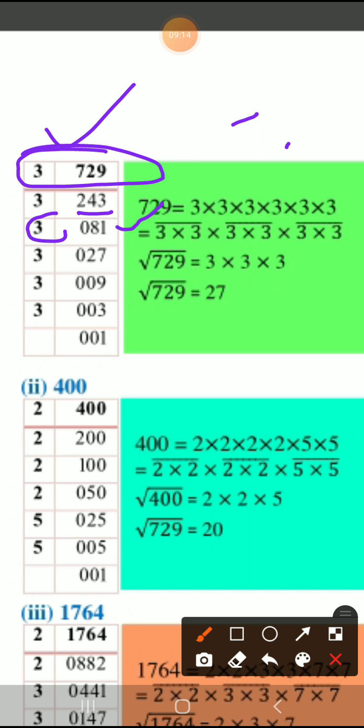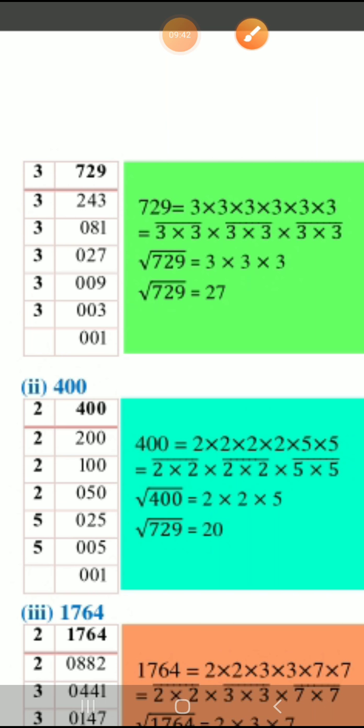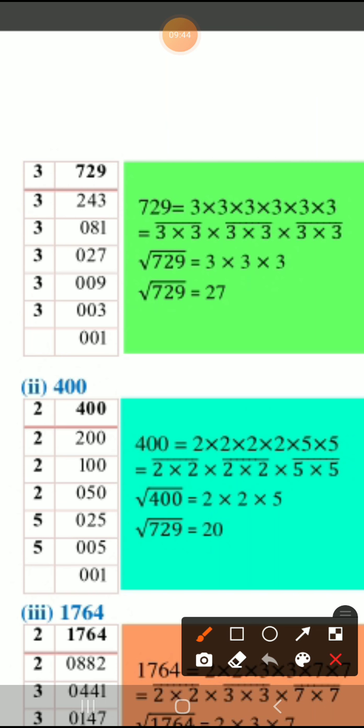So next we cannot divide the 0. The 0 will be kept as it is. So 3 2s are 6, 2 is remaining, so it becomes 21, right? I hope you understand. For example, 81 is there, so we divide it by 3. Okay, so 3 2s are 6, 2 remains, becomes 21, then 3 7s are 21. Got it? In this way we solve this. Look here, 3 7s are 21, right? So then the first number 0 will be kept as it is.